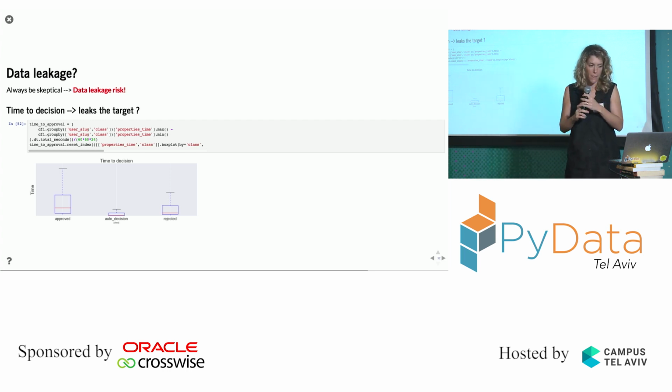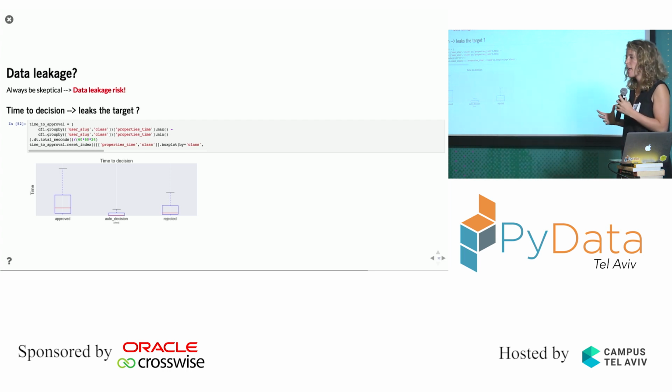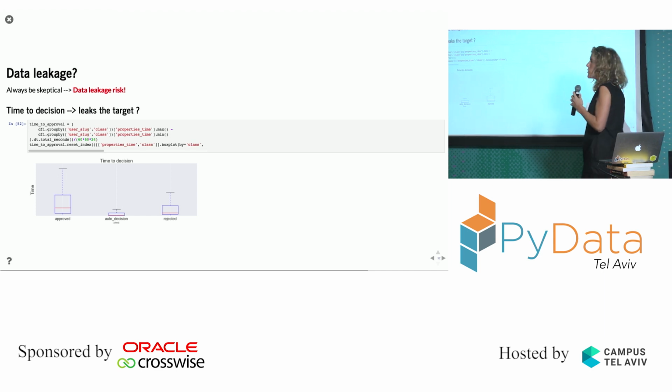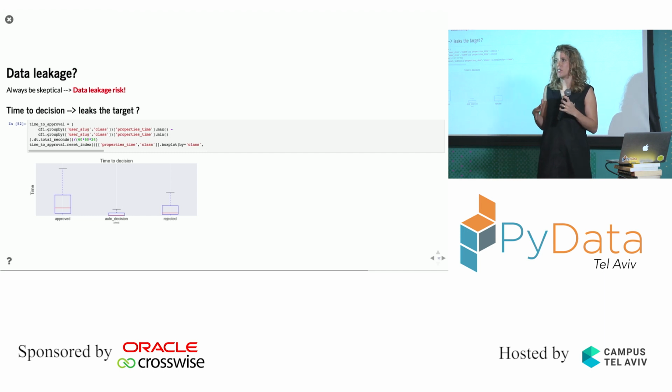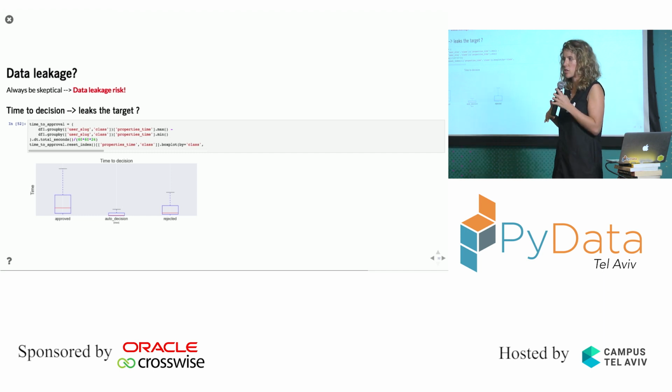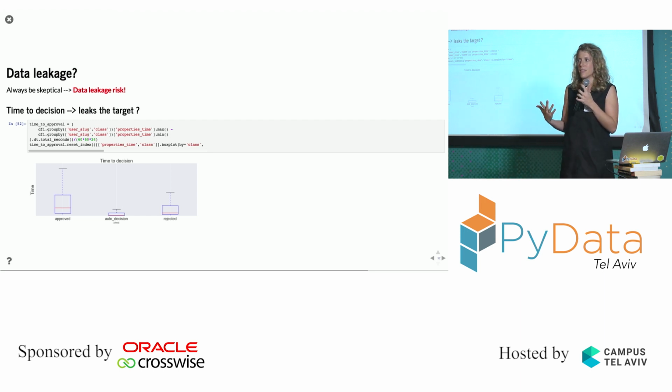I don't know why. But it's interesting. And then I thought, if I have this interesting correlation with the time to decision, maybe some of my features are correlated with the time to decision. If they are correlated with the time to decision, and the time to decision is correlated with the target, then